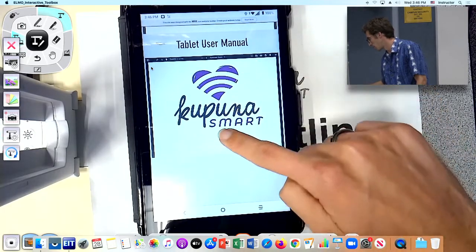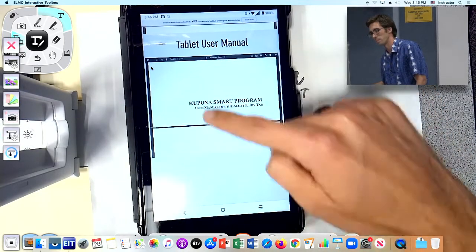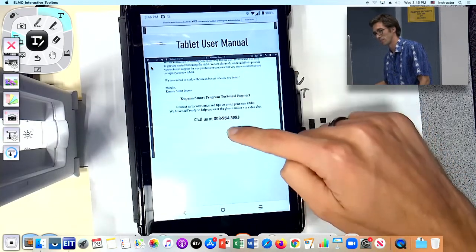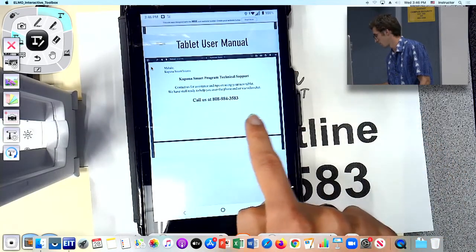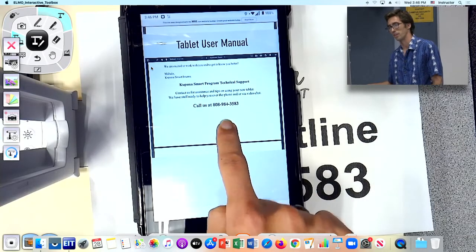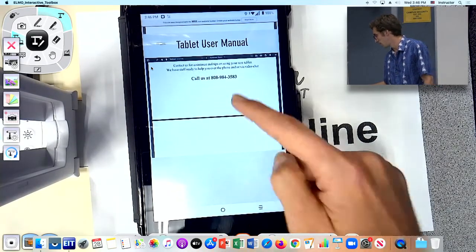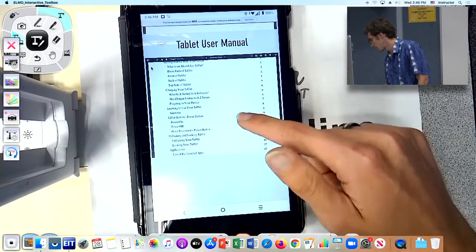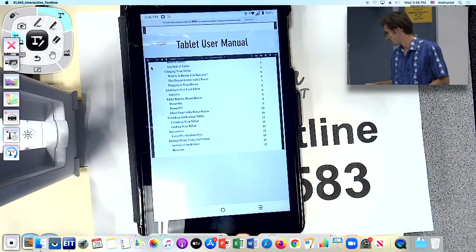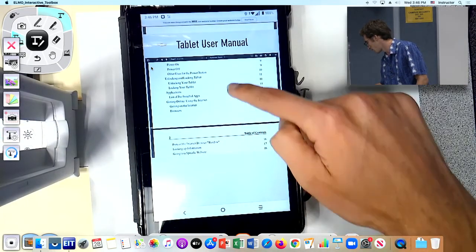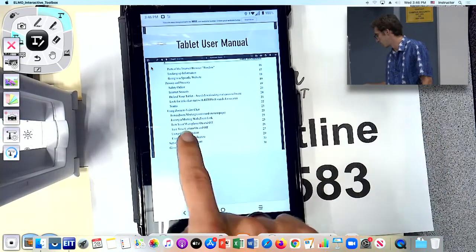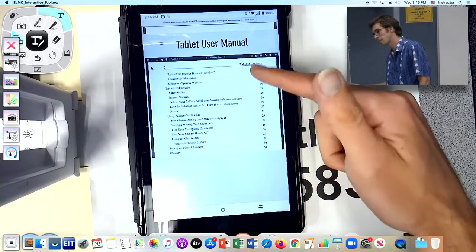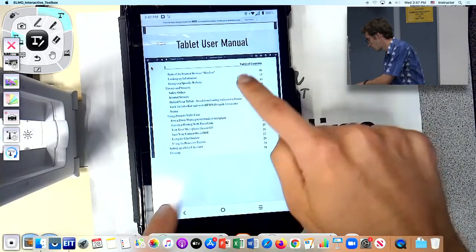You would navigate through it by sliding up. Then you'll reach the table of contents over here. Here's our hotline number if you have any questions: 808-984-3583. And here's a table of contents. So if you're wondering about Zoom, there's actually a section on Zoom, which is called Using Zoom to Video Chat on page 23. You could scroll to that page, or if you zoom in here,